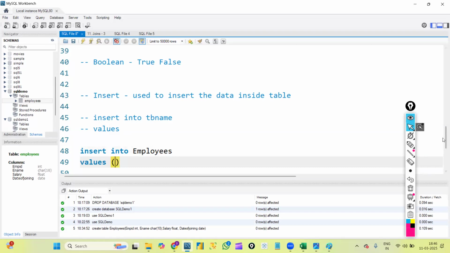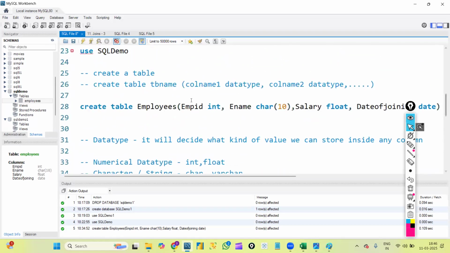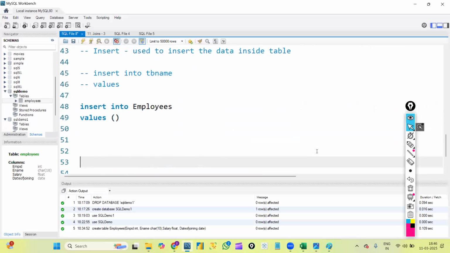We need to enter the data in the same sequence in which we gave the column names while creating. First employee id, then employee name, then salary, then date of joining, like that. So let me give, I'm giving it as one, maybe Raj. Next we have salary, right? Maybe 60,000. Date of joining,